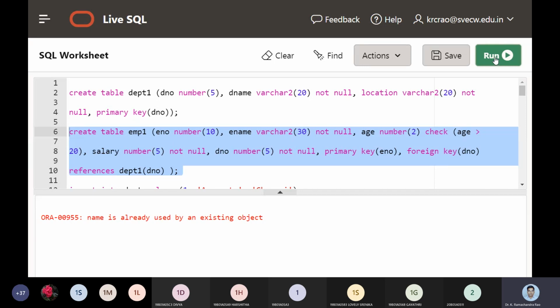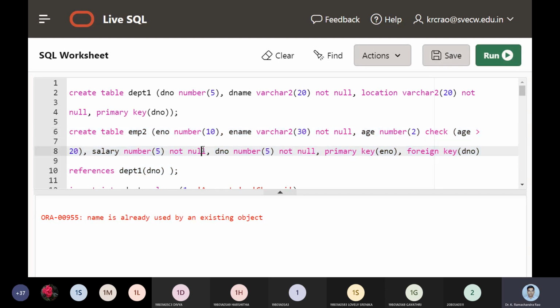What was this telling? The name is already in use as an object. So what can we change it to? We can change it to employee only. Just see whether employee is available or not. The name is already taken. So let me take employee 2. The name is already taken up.